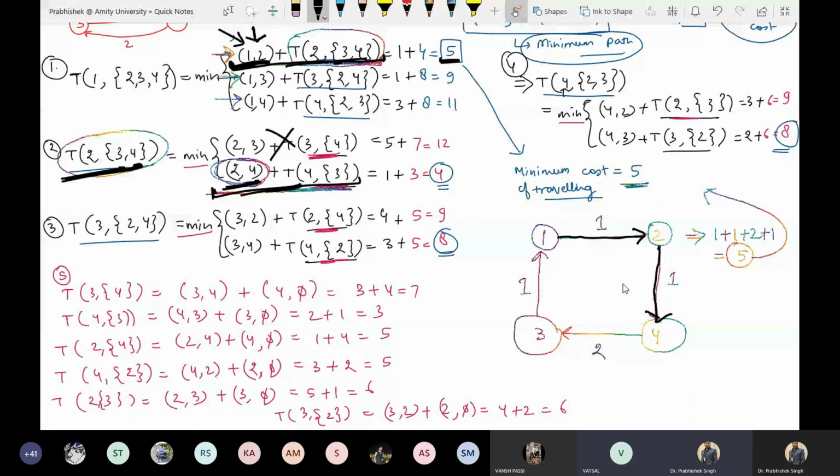Okay, so now we have approached 2 to 4. Now what to do? Now this is left: 4 to 3. There is an option for 4 to 3. It is obvious from here only that you have to go from 4 to 3. Only one option is there, but still if you want to check, then go to that equation where we have solved 4 to 3.